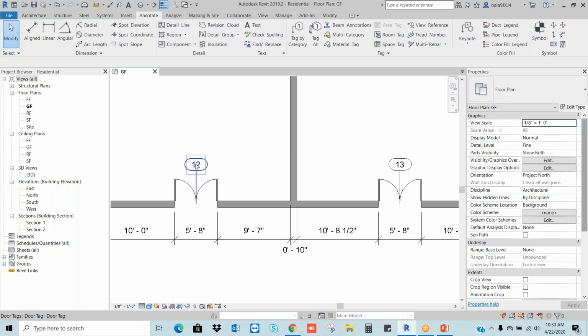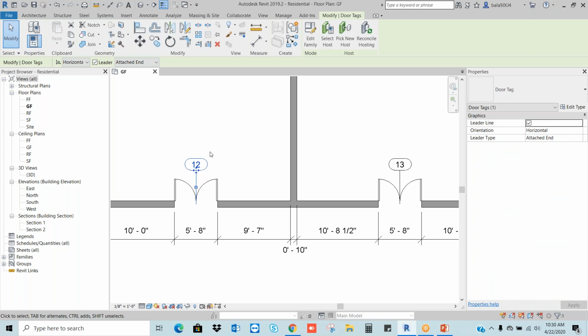Let's see how to change it. Select the tag. When you select it, you can see Edit Family. In Revit, we have two modes: one is creating the project and the other is creating the family. Now when I click this Edit Family, I will go to a different mode, the family editor.